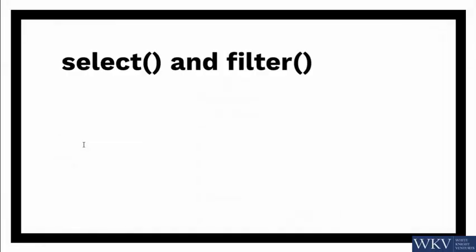Select and filter. As mentioned earlier when I introduced the various functions in the dplyr package, I told you that these functions can be used individually. However, most of the times when we have certain cases to solve, we will use them together. So let us see how we can use the select and filter functionality together in order to solve a certain